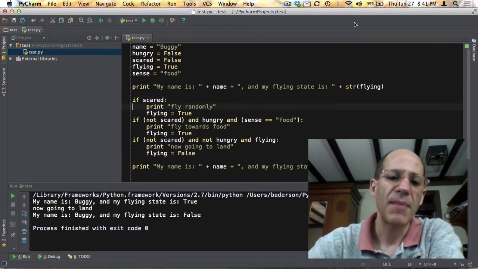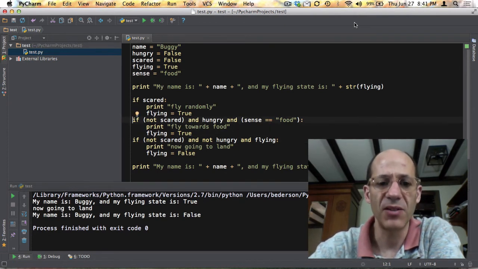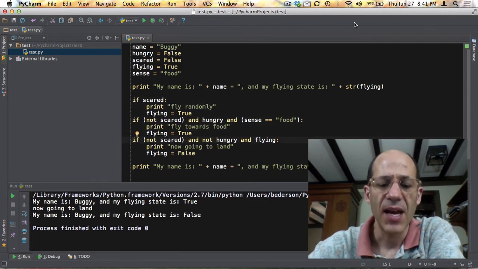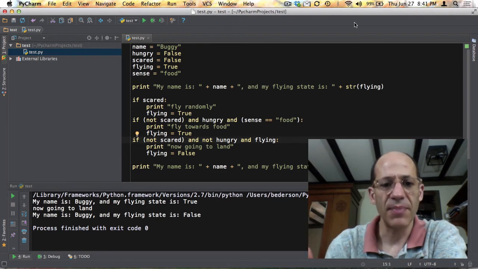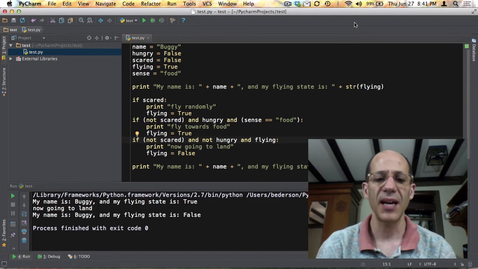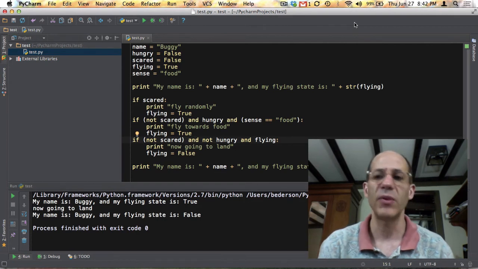One of the things I don't like about the way we wrote this program is that there are these three separate if statements that look as if they have nothing to do with each other, even though they do have something to do with each other. This first one is if it's scared, and the second two are if it's not scared. So there's clearly a relationship, but we're not showing that relationship in the code. Instead, we're duplicating these conditions, right? We have not scared twice, and if we mistyped it or used the wrong variable,